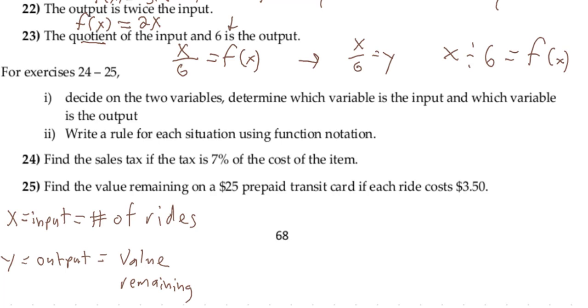Right, the value remaining on your card. So I used to live in Hoboken, so I used to ride the PATH train into New York every day. So you might buy a prepaid card that has $50 on it, and every time you rode the train, $1 would come off the card. All right, so the value on the card, Y, is going to be equal to the 25